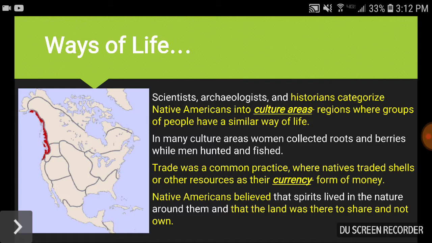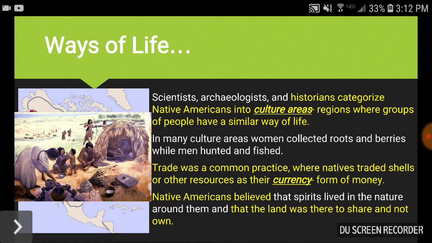Regardless of whether it's a culture area or the region I'm talking about, across all the different regions or culture areas of North America, many times the women were the ones who stayed home and collected roots and berries, while the men went out and hunted and fished. Women also were responsible for the farming, so lots of times women had larger roles in government and also played a larger role in making decisions, especially for the household, because the husband was off lots of the time trying to find meat for the family, along with the food that the females in the civilization or society were growing near their homes.